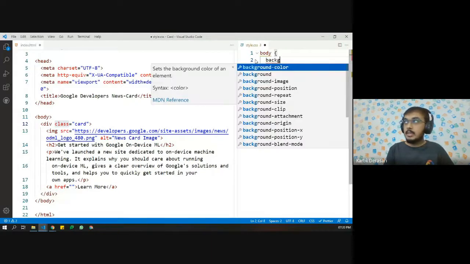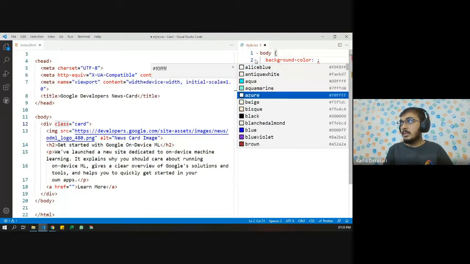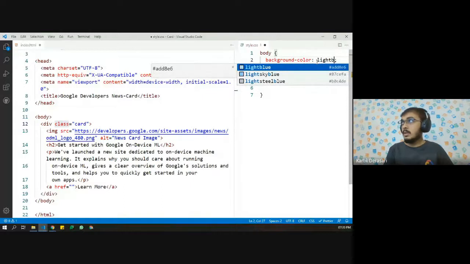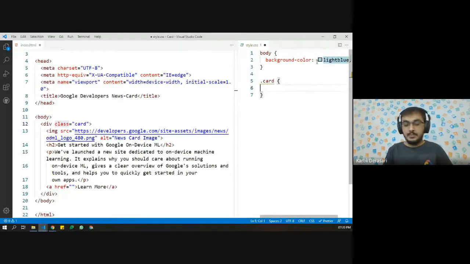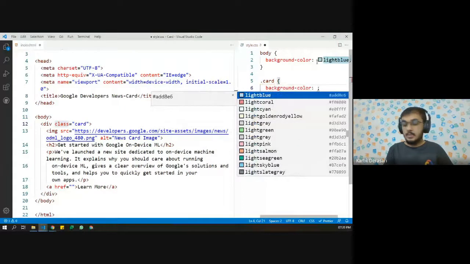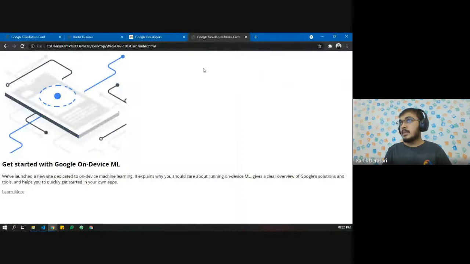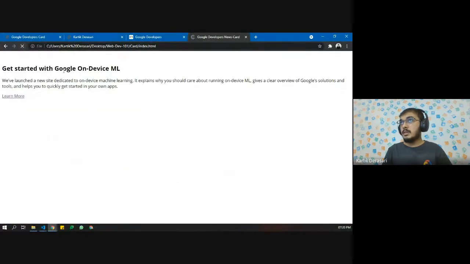Let us say that the background color should be azure, a little bluish, or let us say light. And on this part, let us say background color should be white. Save the project, reload.